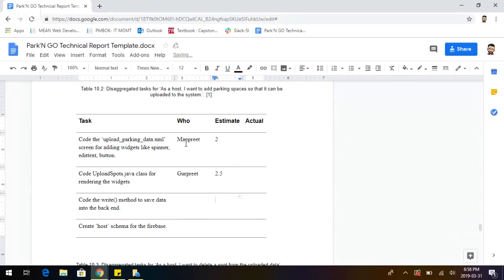This will probably take 2.5 since we have a lot of widgets over here, and we need a spinner, the edit text, and the button. So we need a spinner to specify the number of spots that the host wants to add, and then we need an edit text, which is basically a text box in normal web development, which can be helpful to assign the spot numbers, or if the host wants to give the spot or designated spot title